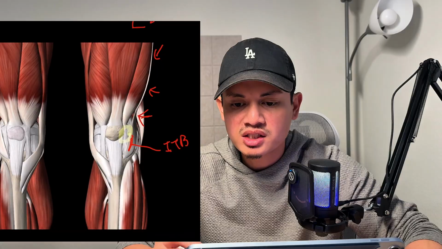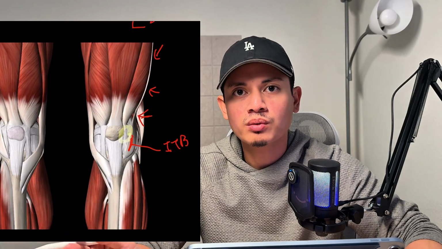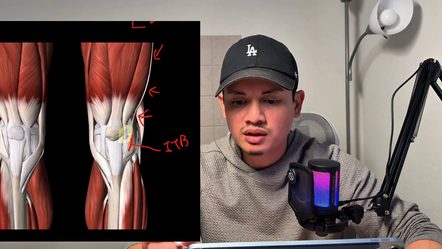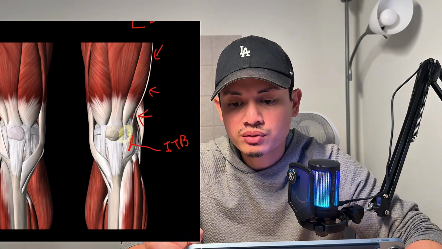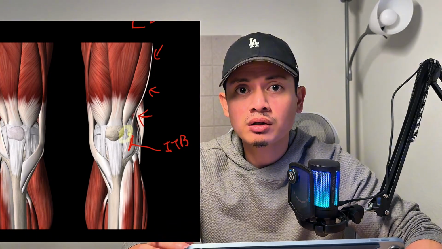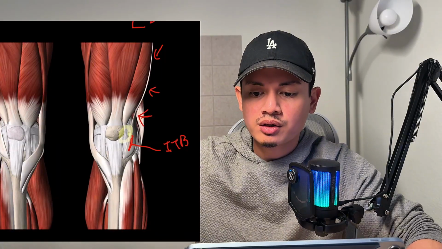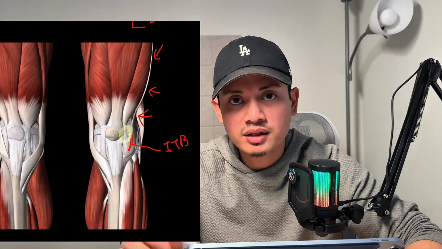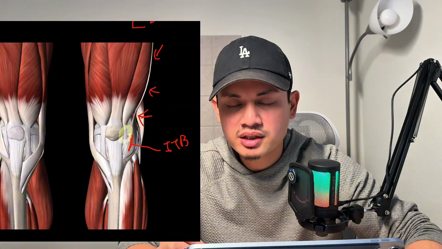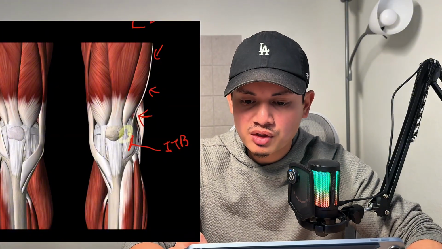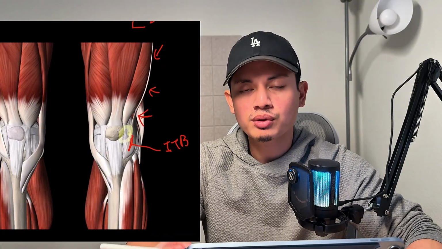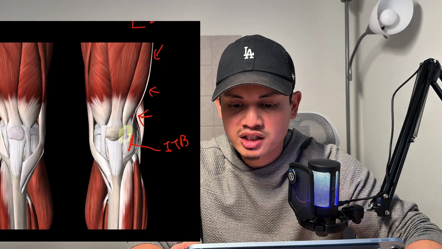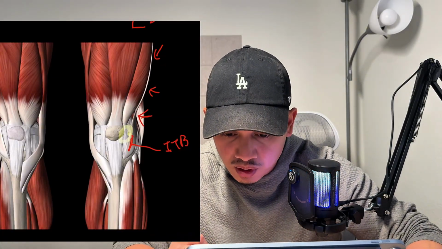But the IT band does attach to what we call the tensor fascia lata or latae. And that is actually a muscle. So that muscle, the TFL, pulls the IT band at the hip joint and stabilizes the knee a little bit more. So because the TFL can get tight, technically it can pull and tense up the IT band. So with that pull on the IT band